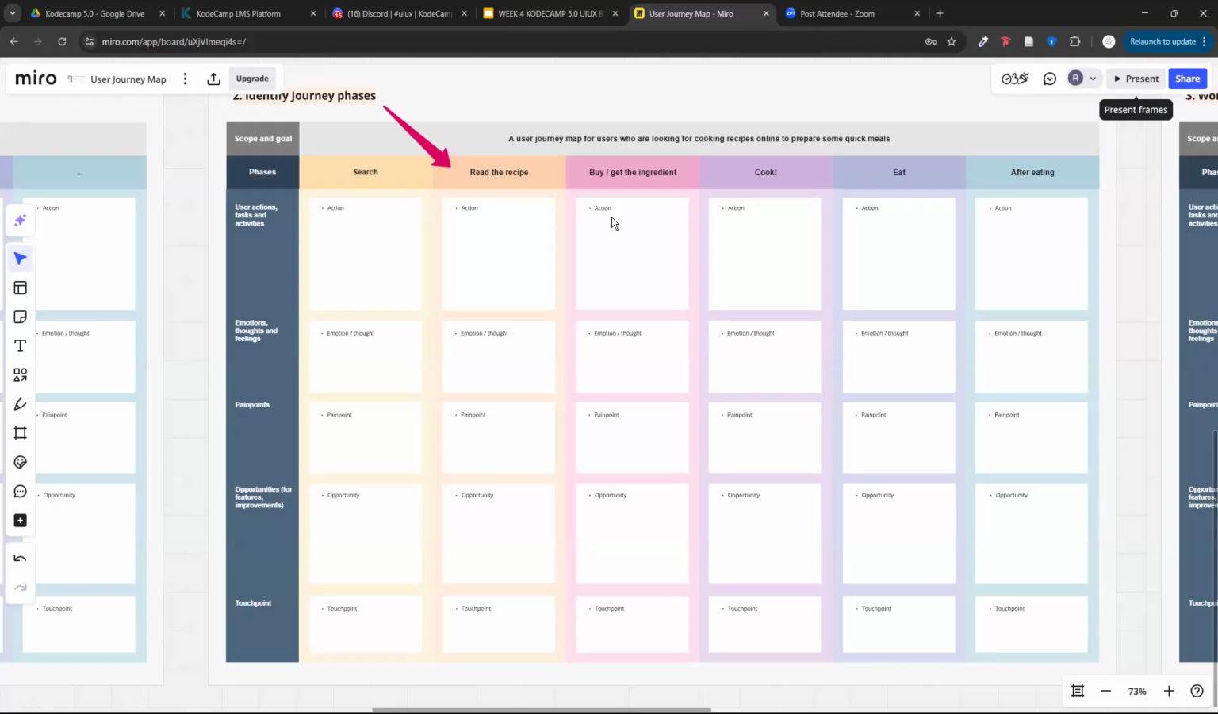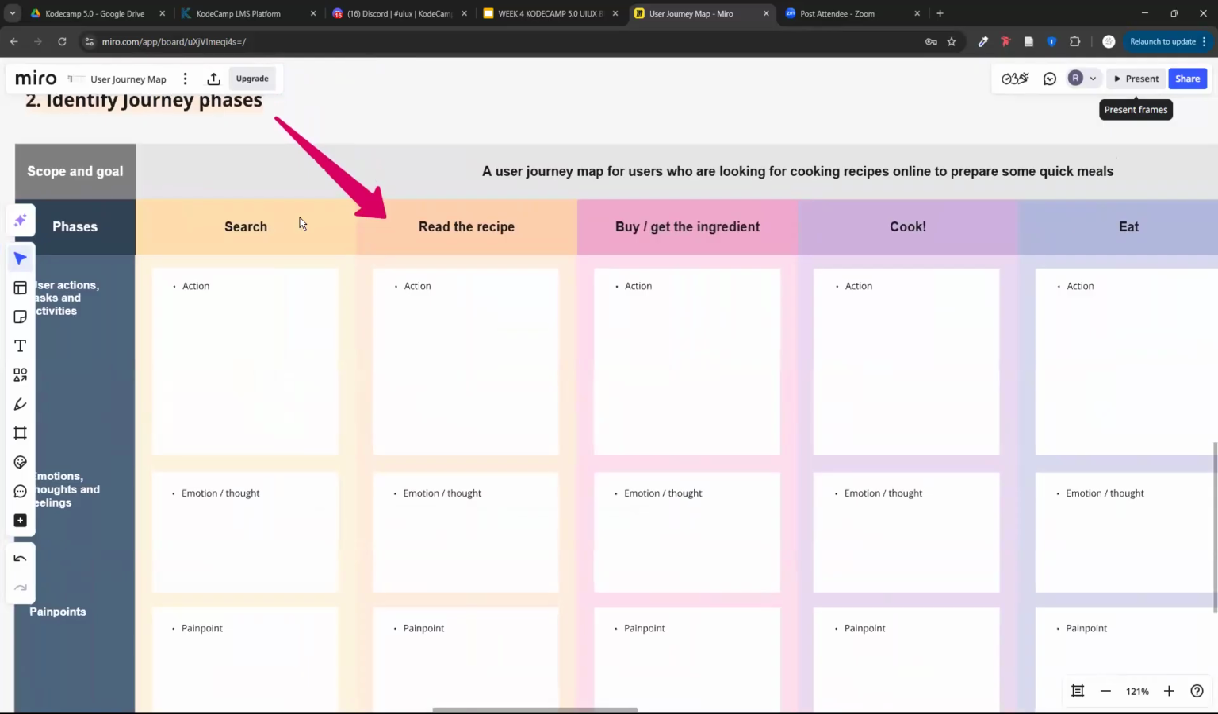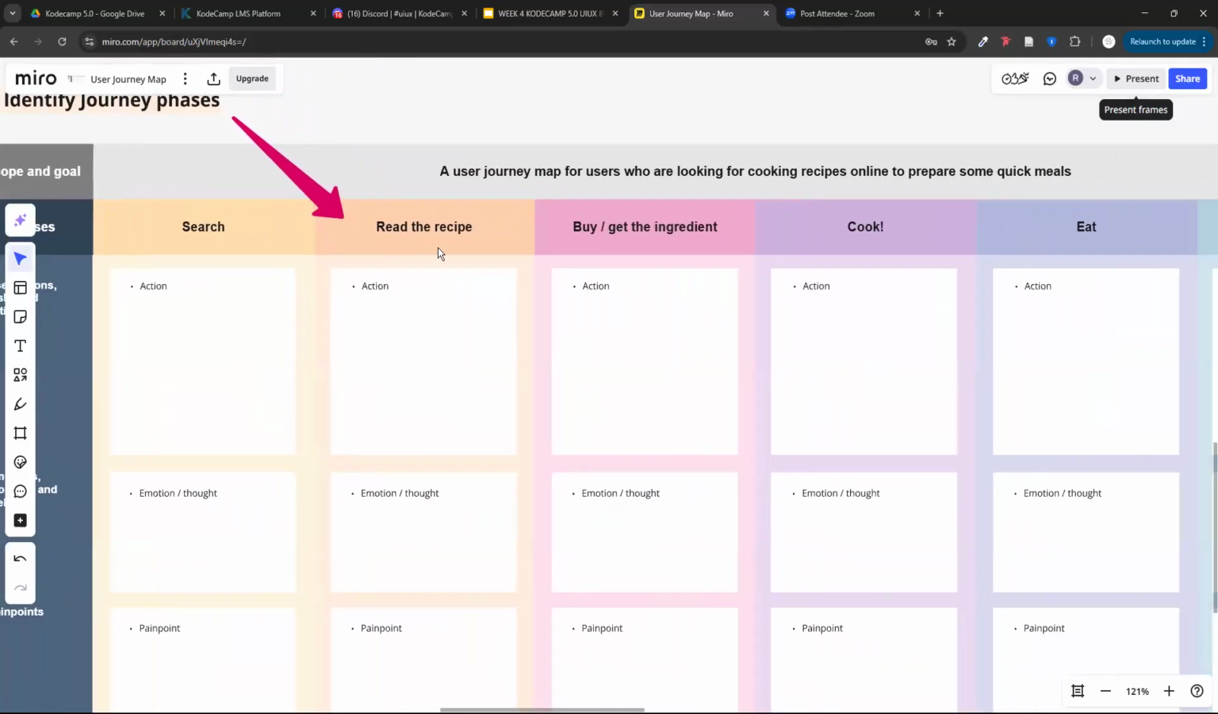for our users. So the key stages here: you have search, where you search for the application. Now you have found the recipe. You have found the website, and now you are reading the recipe. So for reading the recipe,